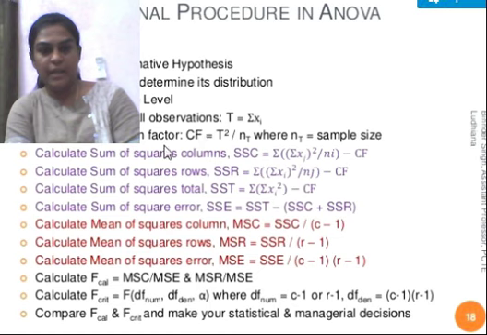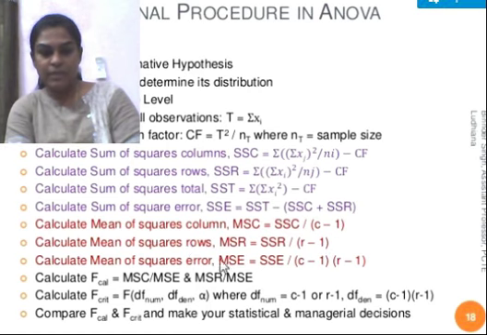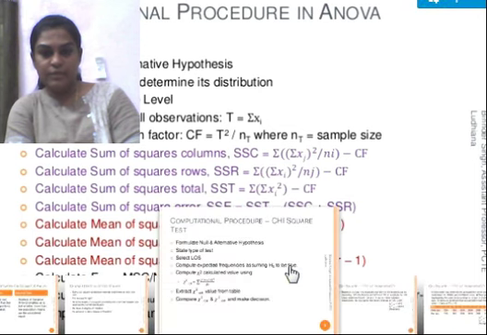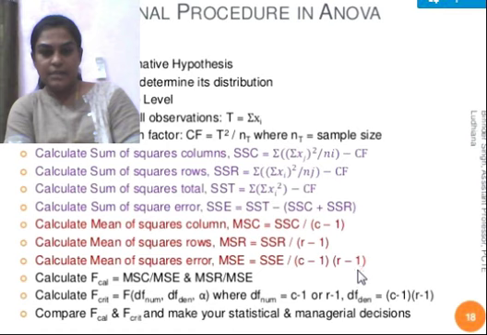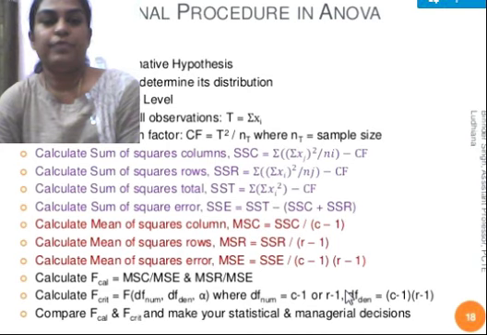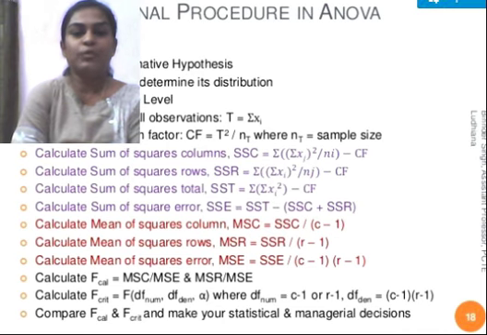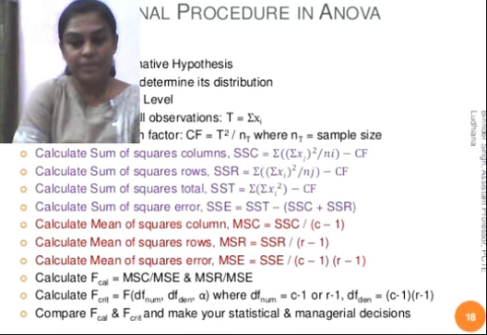So grand total calculation, degree of freedom calculations. I think from here onward the steps are different. You have to calculate mean squares of columns as well as mean squares of rows here. C minus 1, R minus 1 is also the same, and the mean of squares error is C minus 1 times R minus 1. Then the calculated values for these two are compared with the table values for the statistical decision. Just have a glance and follow these steps while calculating two-way ANOVA.